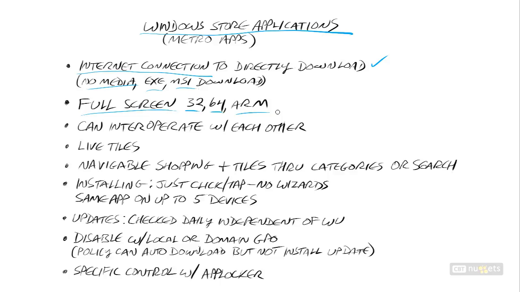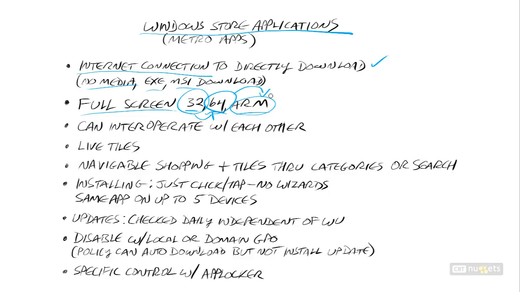Now, if you install an app here, let's say on a 32-bit version of Windows 8, and then you log on using the same account, for example, your same Windows Live ID, on a 64-bit machine elsewhere, the app that you did install on 32-bit will install automatically on your 64-bit. It'll just be, if necessary, a 64-bit version. And then once again, it will also install on your Surface or whatever ARM device you have, if you've got one of those as well. So you install it in one place, and it will then propagate to all of your other devices